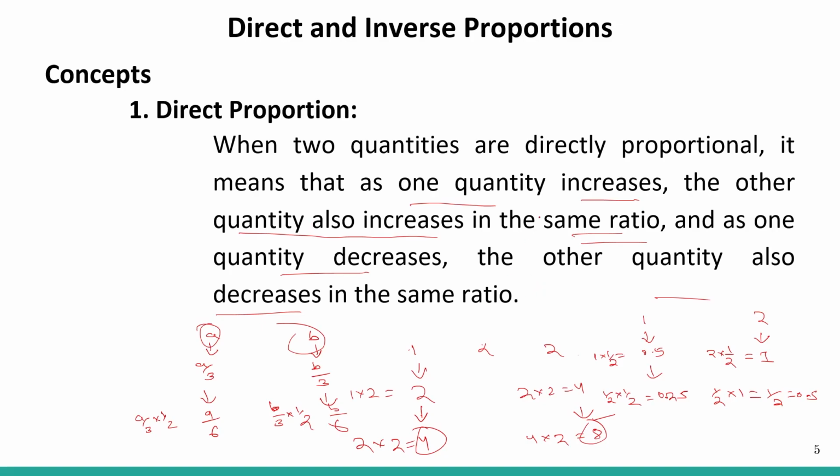Okay, so let's discuss the case about the ratios. Let's say A is to B is directly proportional to C is to D. Let's say you have this kind of relationship between two ratios. So if A increases at a specific ratio, this implies C also increases in that specific ratio. Okay, so let's take an example here.